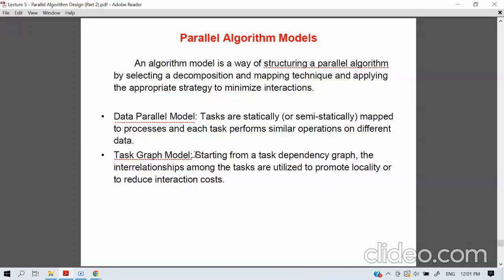Okay, it's because of what? We need to design the graph. Okay, we need to look at the task dependency graph. Okay, that one is